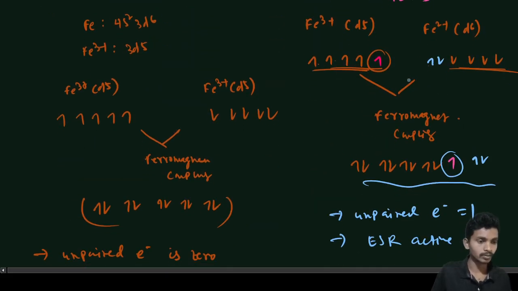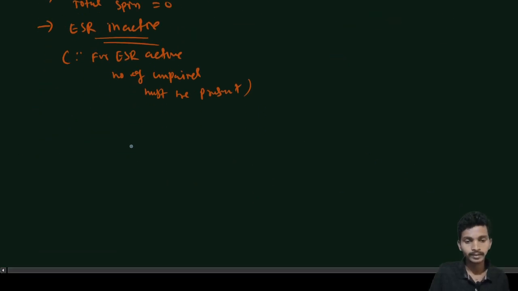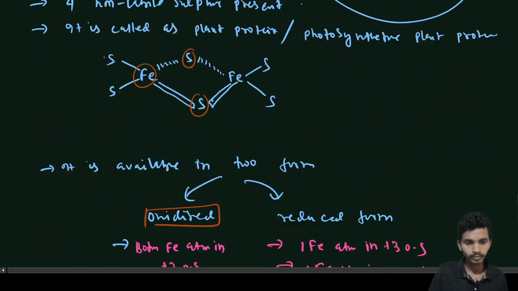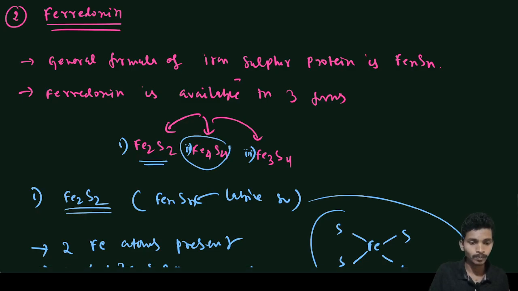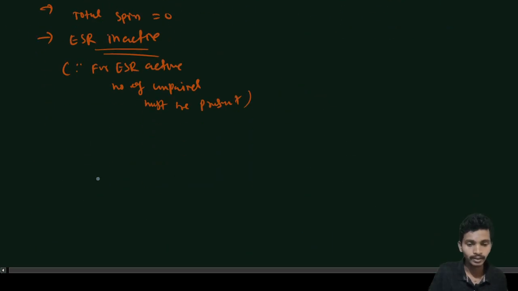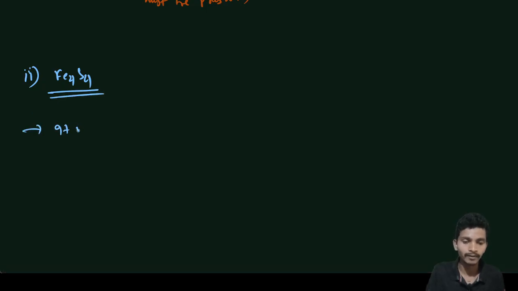Okay, so this is ESR active. Now the next type is, ferredoxin is present in 3 forms. We say first is Fe2S2 that we have discussed, another is Fe4S4. Now we will discuss the second case, that is Fe4S4. So it is actually the most stable